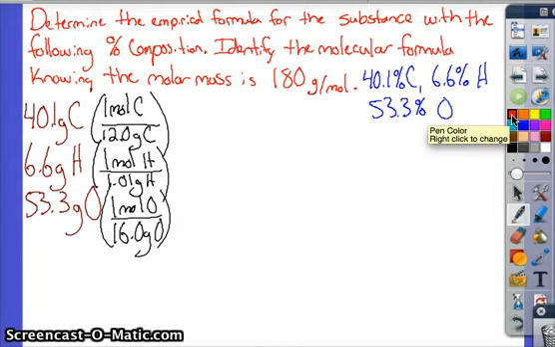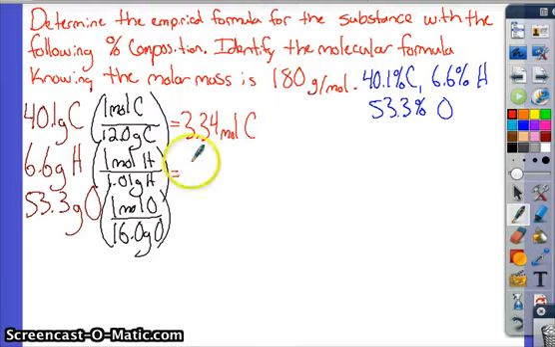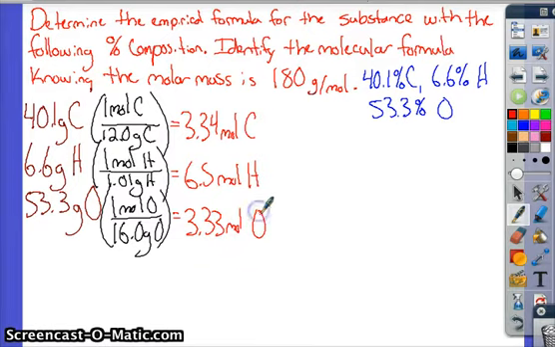By taking the gram amounts and dividing them by the molar mass, we now have 3.34 moles of carbon, 6.5 moles of hydrogen, and 3.33 moles of oxygen. We could stop right here and say that our empirical formula would be carbon 3.34, hydrogen 6.5, and oxygen